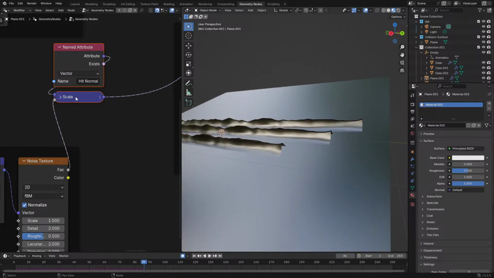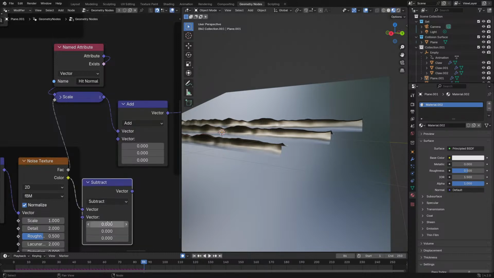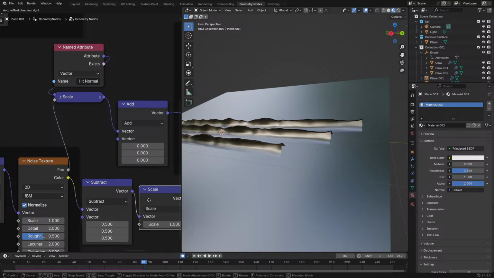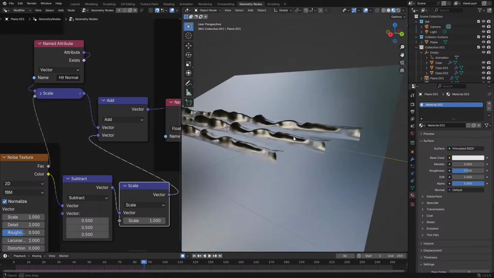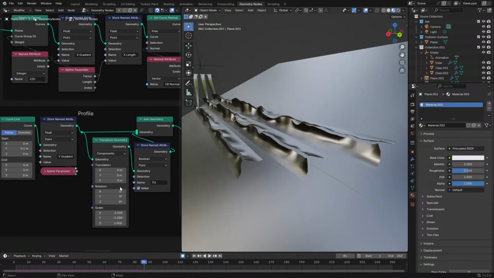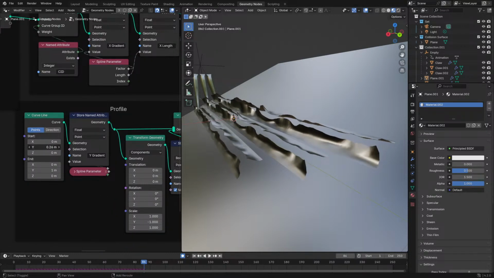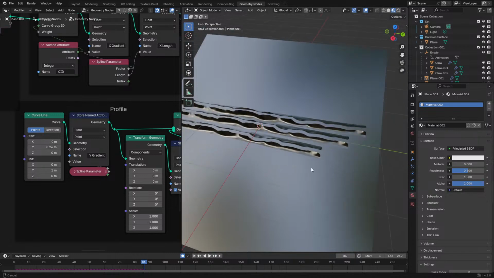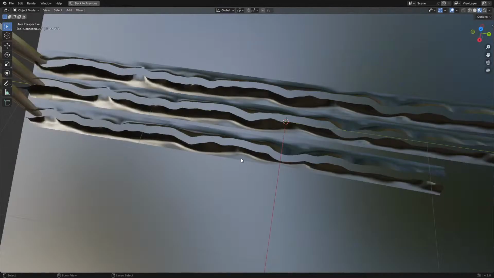Yeah, okay, let's go and make it so that the noise just adds to this part. And I'll subtract by 0.5 to undo the normalization. I don't want to check that box because then I would have to do the same thing over there, so I'm just doing it the not lazy way, but necessary way. So here we go. Now we have the metal that's kind of sliced up a little bit. And I could make it so that this part is a little bit wider, which is looking a little bit better. But there's a little bit of a problem with this setup,